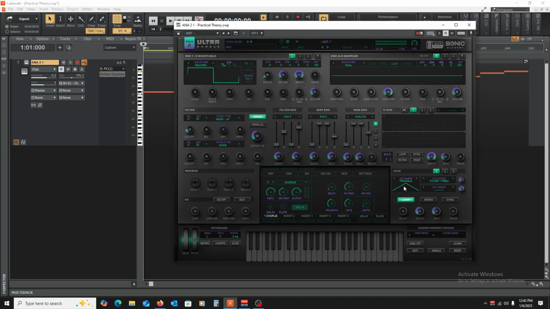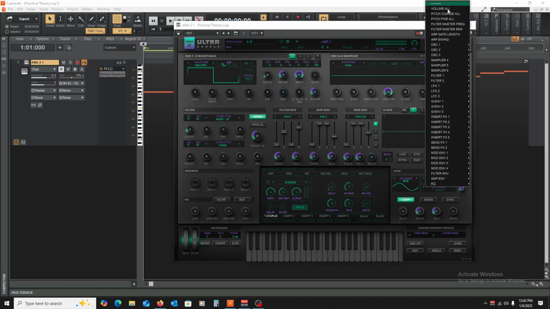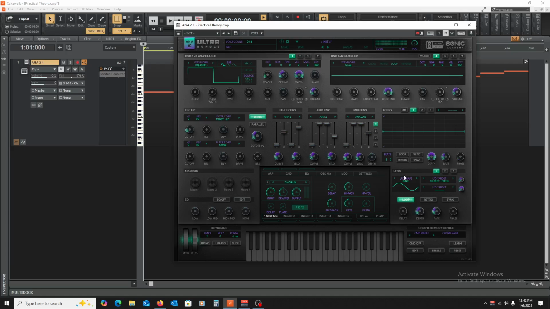And you can play with the different shapes of the LFO, whether it's a sine, a square, a saw, etc. You can choose the different parameters that it will be affecting. You can choose how fast it's going, how much the given parameter is being affected, how obvious you want the effect to be or not, if that makes sense. Whether you want it to be synced or not synced, you can have some fun with this. But this is an LFO in a nutshell.